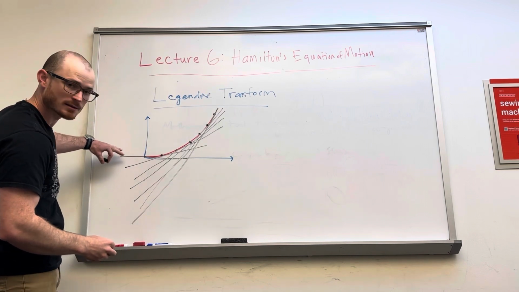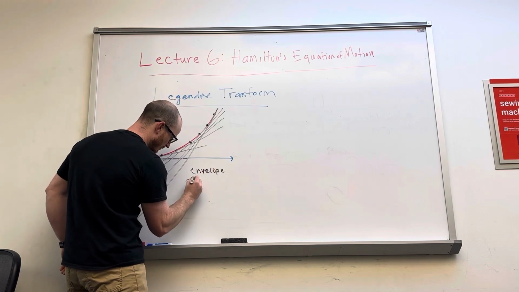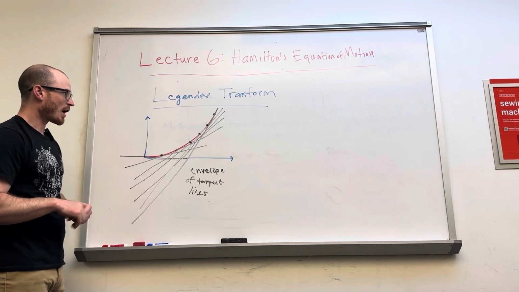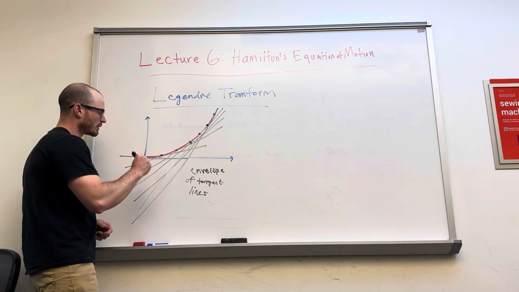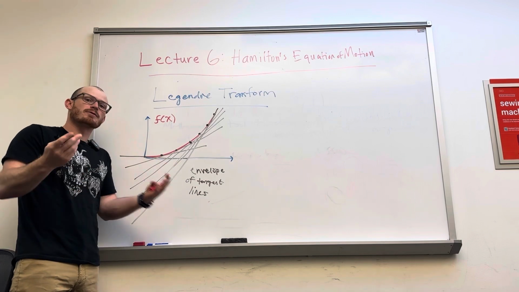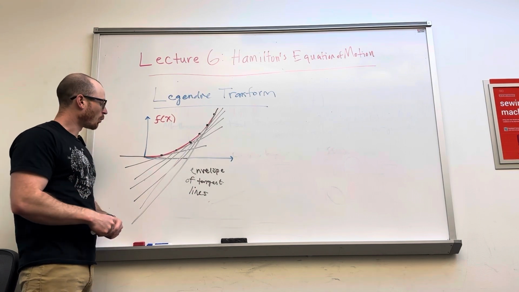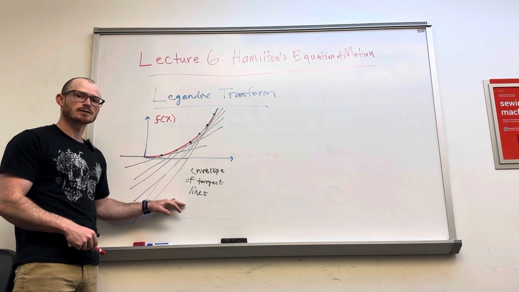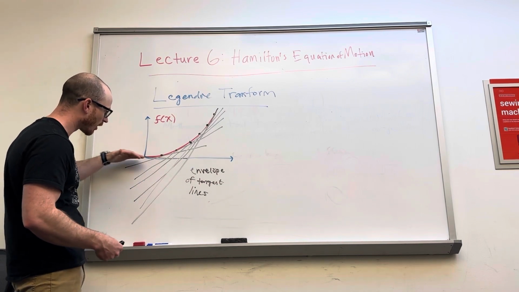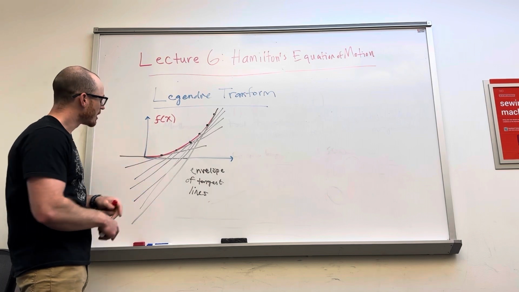So you have something like this, where you actually form what we'll call an envelope of tangent lines. Now I ask you, if I gave you the original function, let's say that our original function is f of x, you would know everything about the function, right? You'd have its functional form and this red line. But what if I didn't give you the red line? What if I only gave you this envelope of tangent lines? Well, conceptually, you can look at this picture and see that these tangent lines are actually carving out this curve. In a sense, they contain all of the information of this original curve, but now they're written in terms